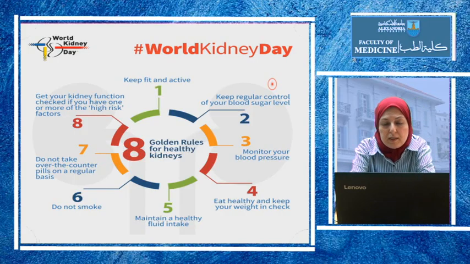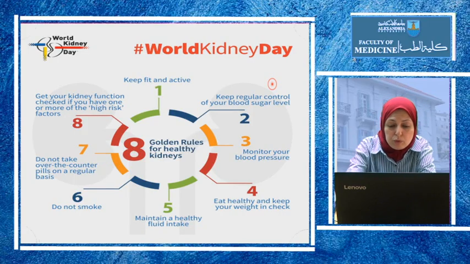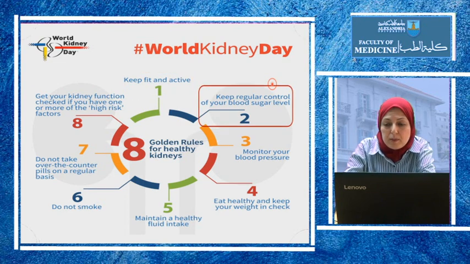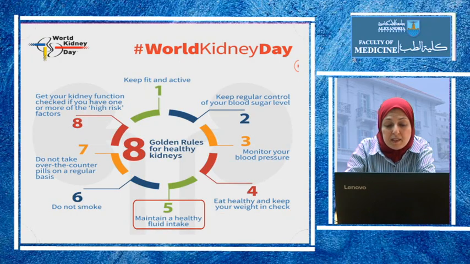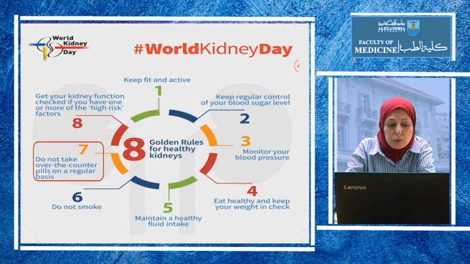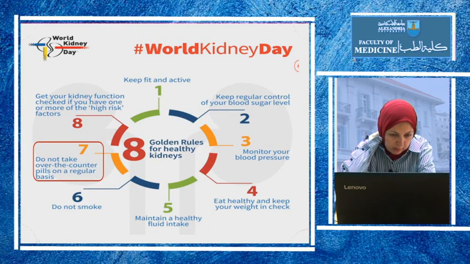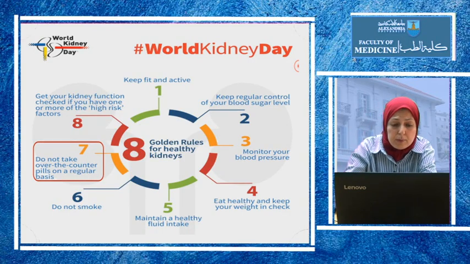The World Kidney Day by the ASN, they have set 8 golden rules for healthy kidneys. First, keep fit and active, keep regular control of your blood sugar. So if you're diabetic, you should control it, monitor your blood pressure and control it, eat healthy and keep your weight in check, maintain healthy fluid intake, which we're going to discuss later, do not smoke, do not take over-the-counter pills on a regular basis, and for us especially important is non-steroidal anti-inflammatory drugs,